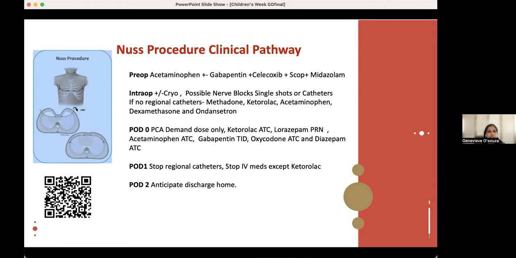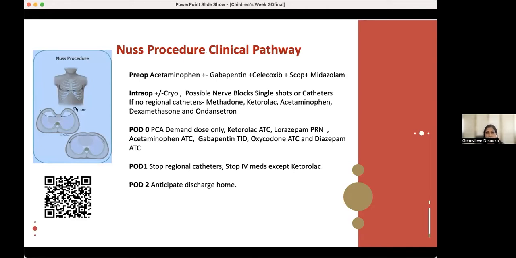For the NUSS procedure, which is for patients with pectus carinatum or excavatum, typically these procedures a few years ago would end up being in the hospital for 6 to 7 days. And these were the procedures that had a high propensity to have postoperative pain and almost a 30 to 40% chance of having